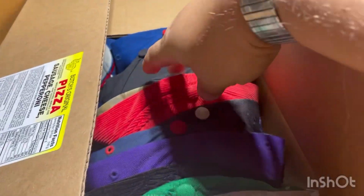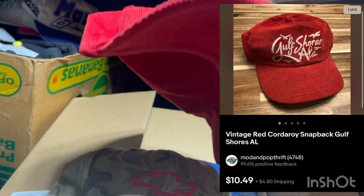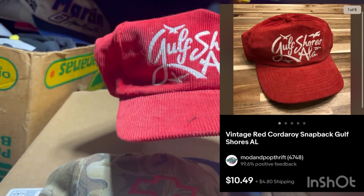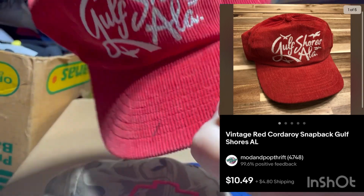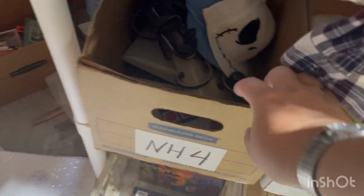Here an L40 of this red corduroy Gulf Shores hat that I picked up for $1 at a yard sale. Vintage corduroy snapbacks normally do well. I picked this up for $1. It didn't sell for a bunch, but I'll make money. It was easy money. In here we have more controllers, and one of these